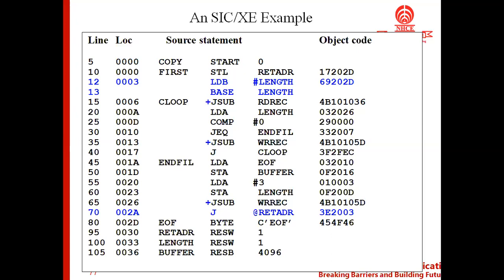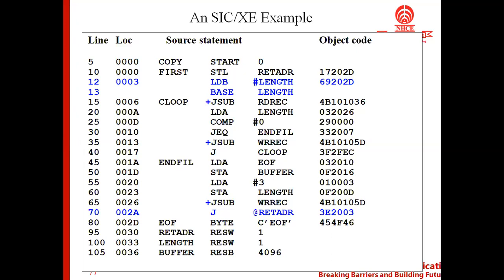And according to the different instruction formats, the instruction has to follow any one of these formats. So when the programmer is writing SAC-XC, he or she should follow the instruction format which is used in SAC-XC.